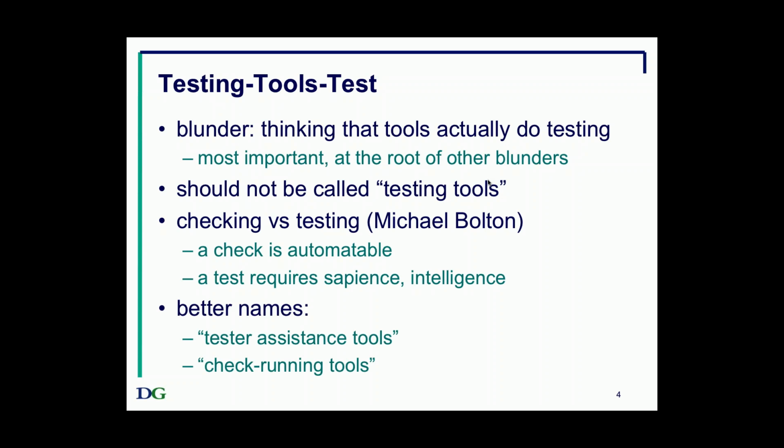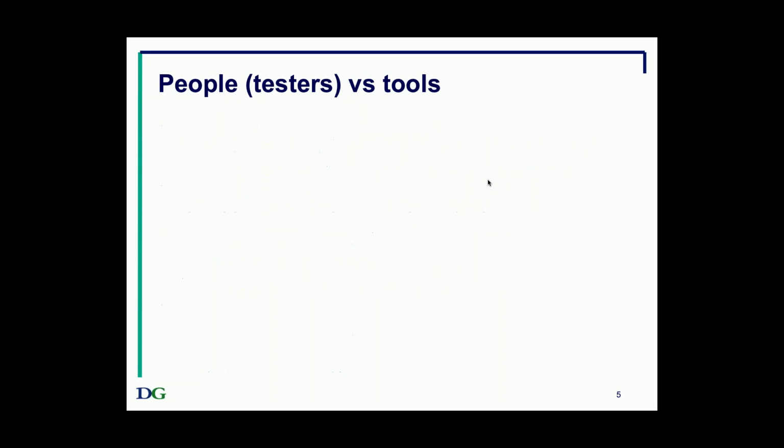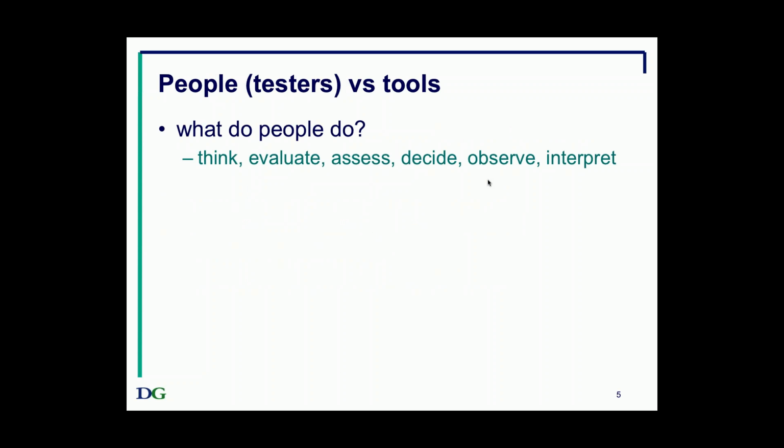Because when you think about it, how are people and tools different? Well, what is it that people do? People are really good at a lot of different things. People are good at thinking, evaluating, assessing things, deciding, interpreting things, observing things. We are intelligent beings, and we bring our intelligence to bear on everything that we do. We're very good as human beings at recognizing patterns,